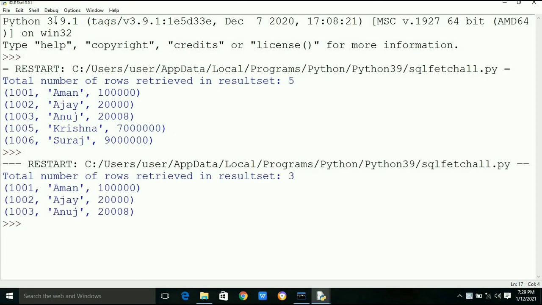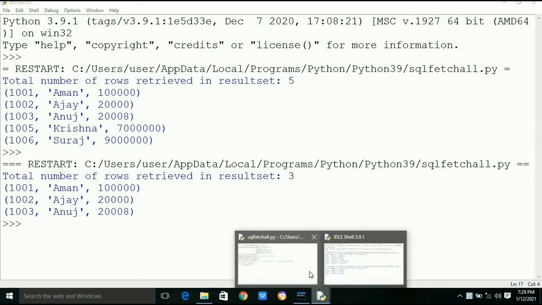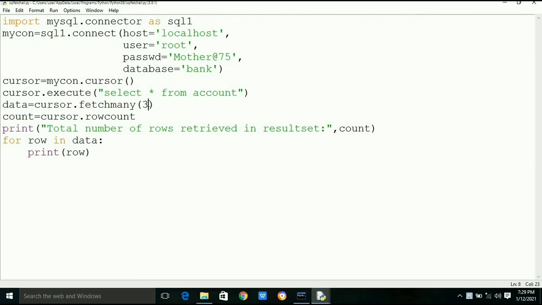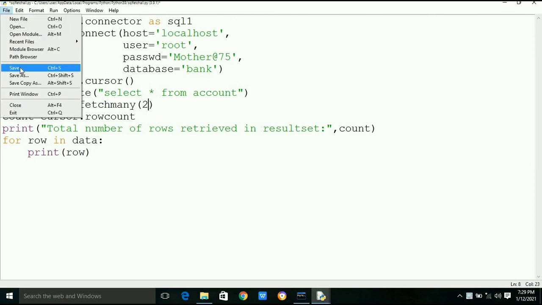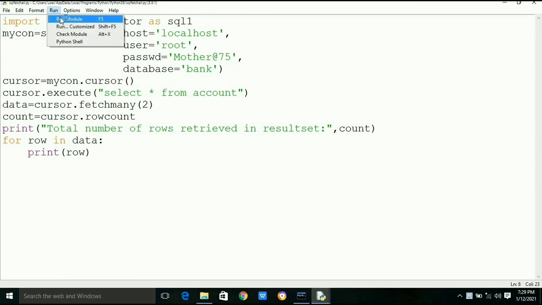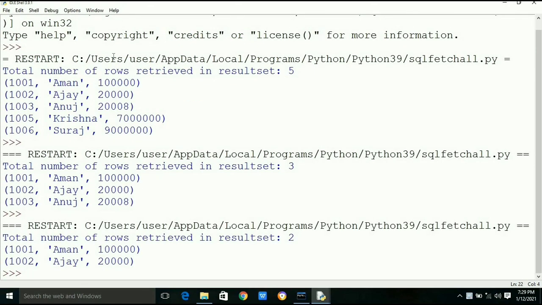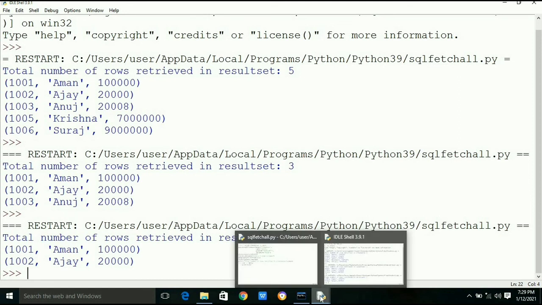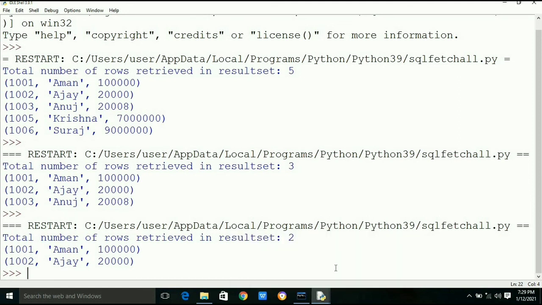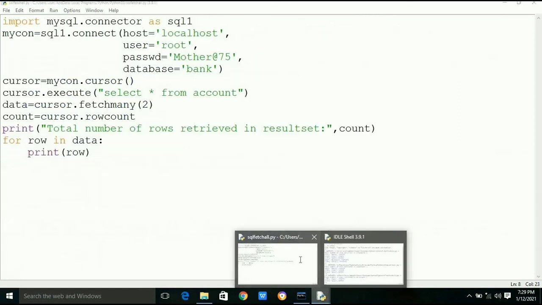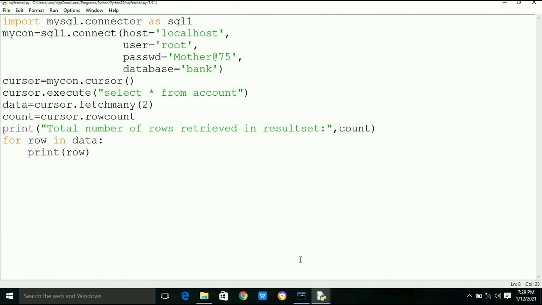If there are no records in the result set, then it will return an empty tuple. Instead of 3, if we write 2, then 2 records will be extracted from the result set, and you can see the number of rows retrieved is 2 and 2 rows are there.